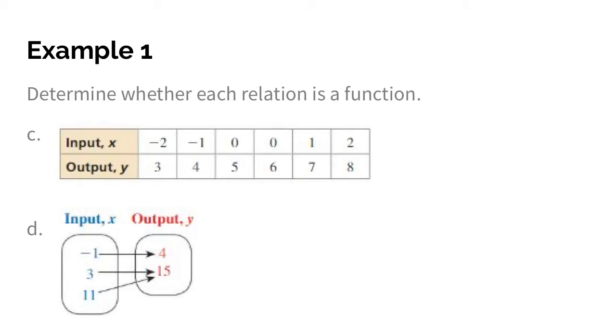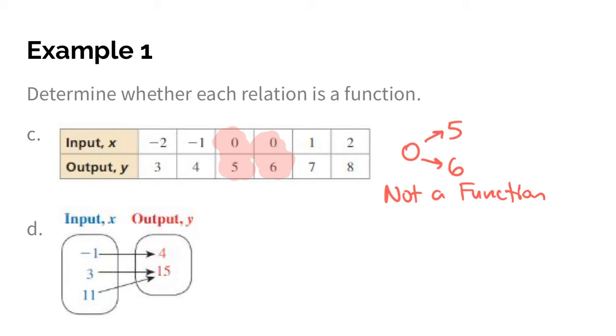So recognize in this table, in the middle, I see 0, 5 and 0, 6. That means the input 0 is paired with both 5 and 6. So would that represent a function? In this case, no, this would not be a function because, again, I have a single input that is paired